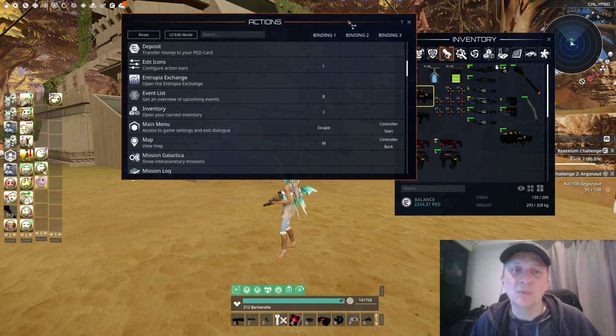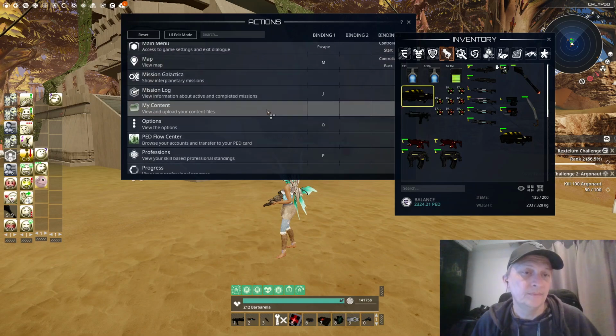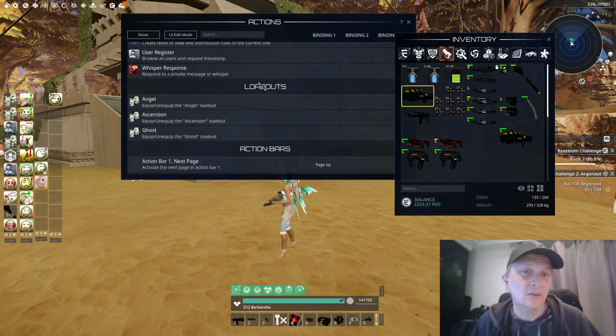Now the thing that is a little bit more hidden that you maybe don't know is you actually have a loadouts function. So if I add a new loadout, I can add a loadout of all the equipment, of everything that's equipped, of just the clothes you have currently equipped, or just the armor you have equipped. So you can put a set of armor on, add new, set of armor, and call it whatever you want. Now, what that does is it creates loadouts. When those loadouts are created, you can then scroll down in here and those loadouts appear. So I can now drag my 3 sets of armor into these boxes over here,